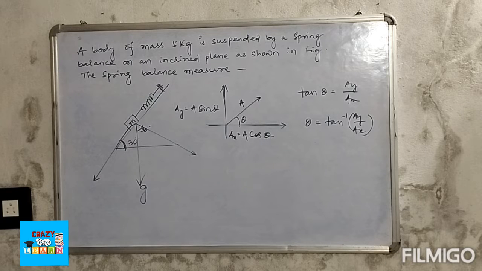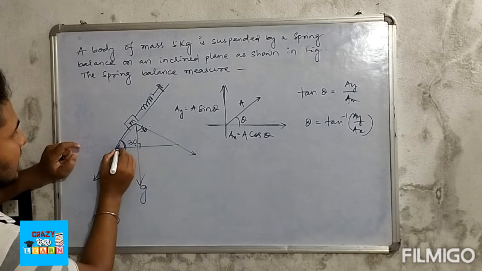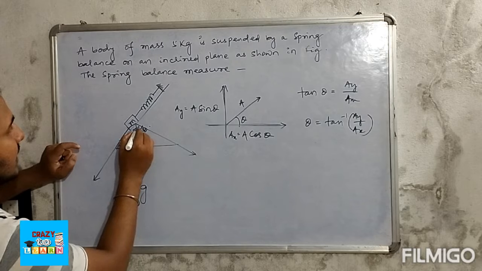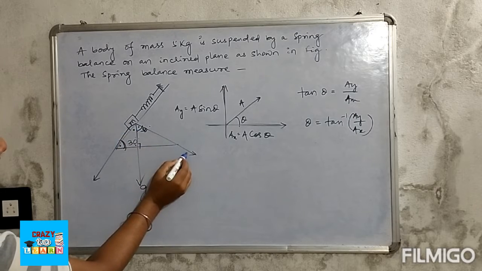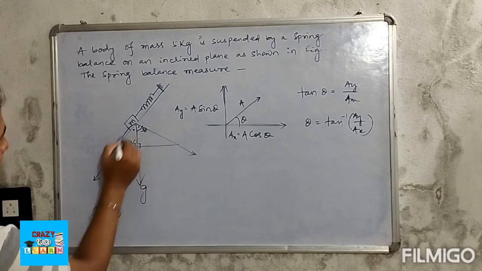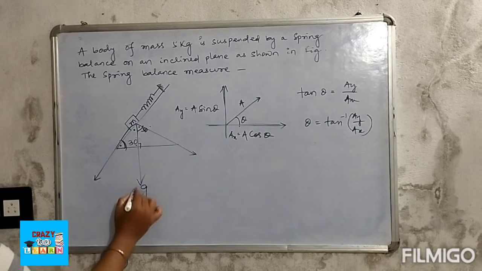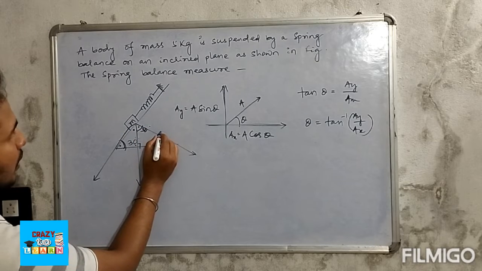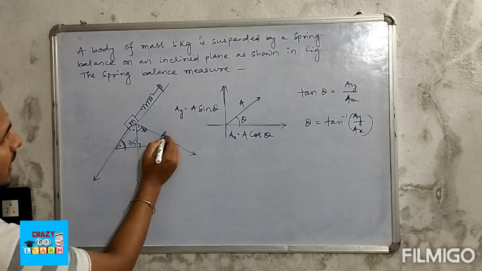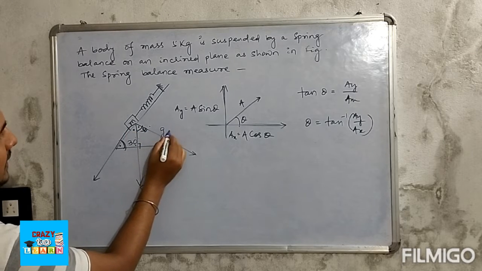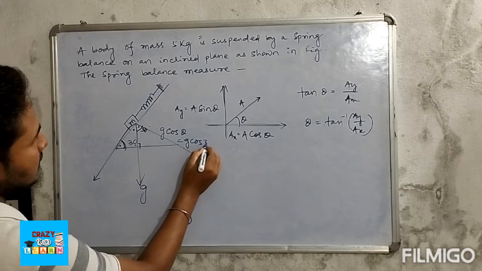You will say, why, sir? Because this angle is 90, and this is 30, then this is 60. If it is 60, then the other is 30. Clear? So this component is your horizontal component, and this is your vertical component. For the vector g, acceleration due to gravity, it makes the angle 30 with the horizontal axis, so you will take it as the horizontal component. So it is g cos theta, that means g cos 30 degree.